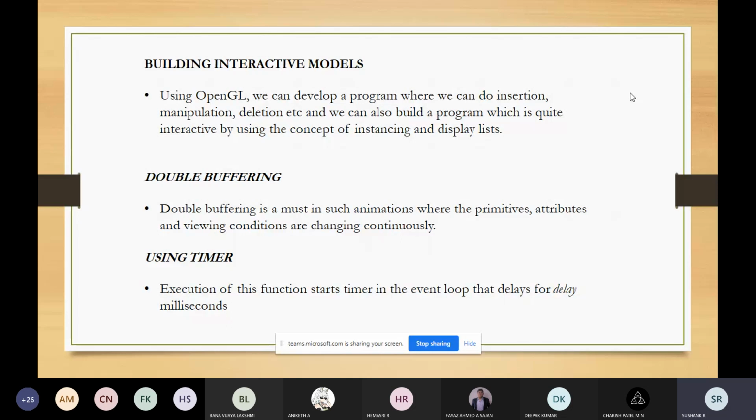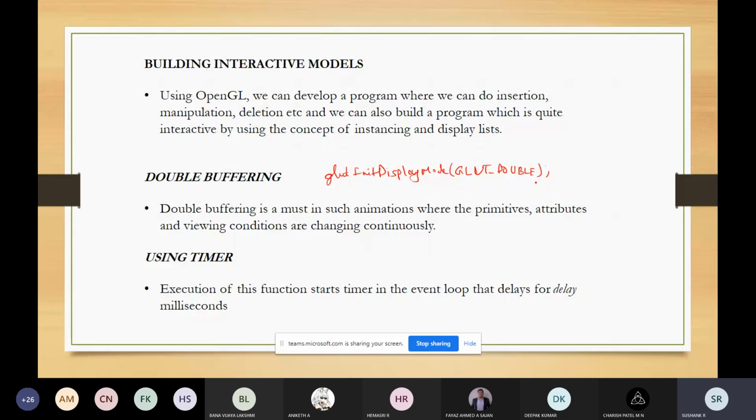To implement double buffering you use glutInitDisplayMode with GLUT_DOUBLE, and glutSwapBuffers to change the content of the front and back buffers. So this is one thing.